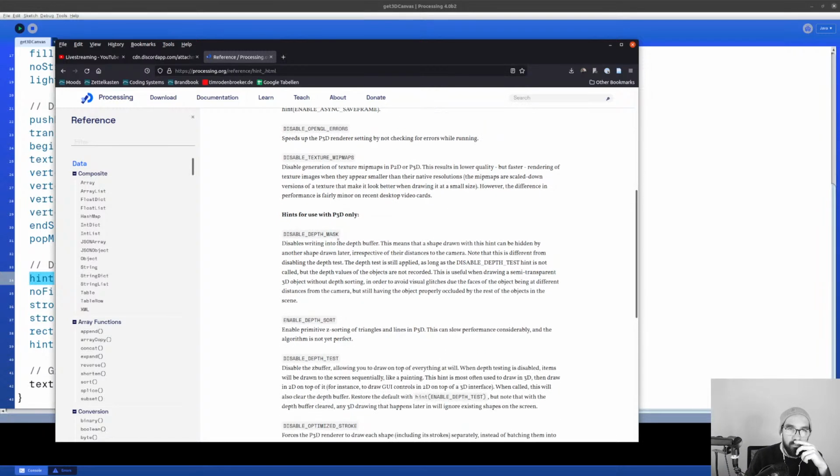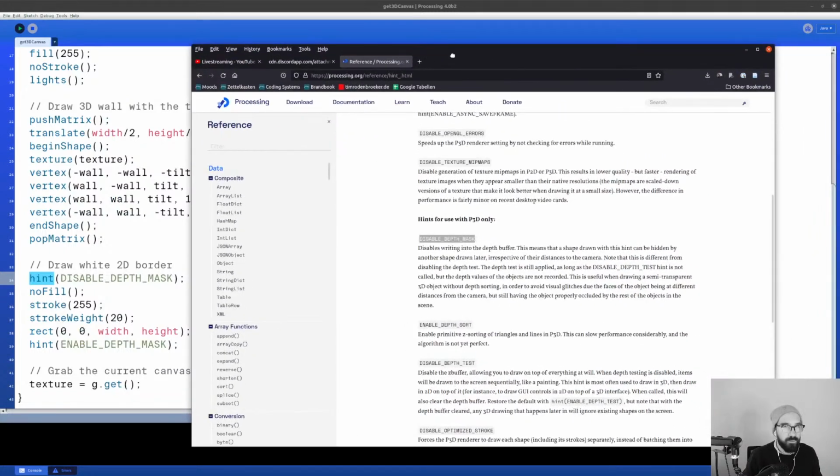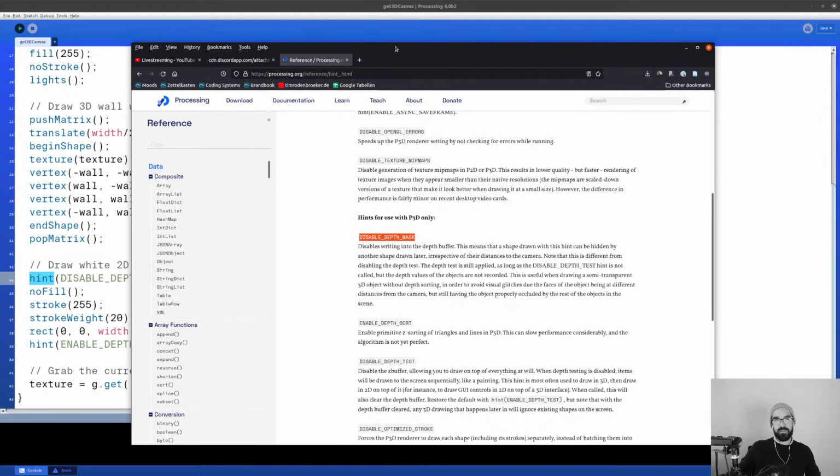Okay, this is not what we are using. This is what we are using, I think. Disable depth mask. I still don't know how to pronounce that word. Depth. So disable depth mask disables writing into the depth buffer. This means that a shape drawn with this hint can be hidden by other shapes drawn later,